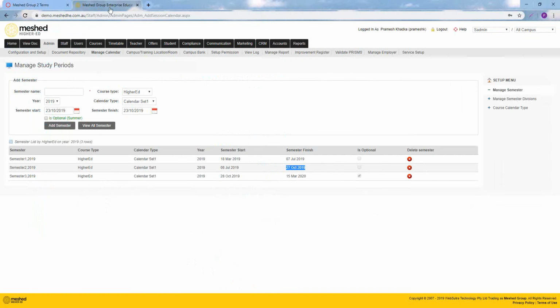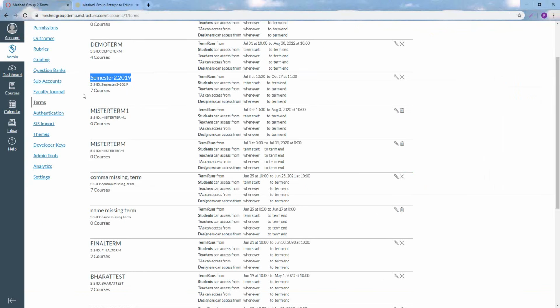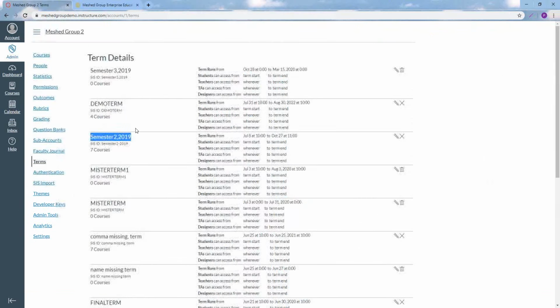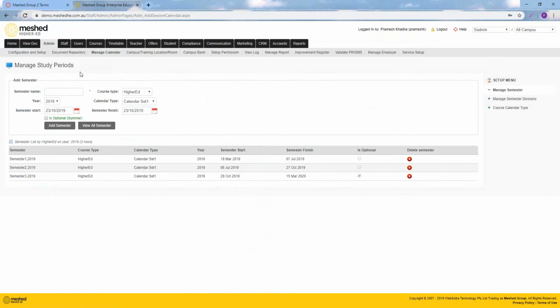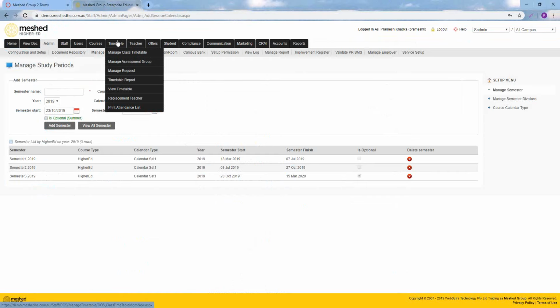So when you create a new semester within the system, and as long as the parameters, you're pushing the semesters 14 days before or so on, depending upon the rules that are set up in the configuration, you will then be able to see that semester appear in the platform. What then happens is each of these semesters will then be linked to, obviously, your subjects now through the timetabling